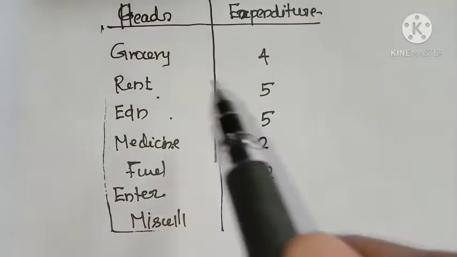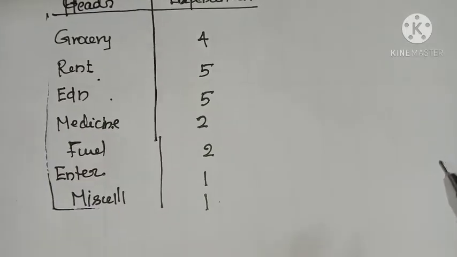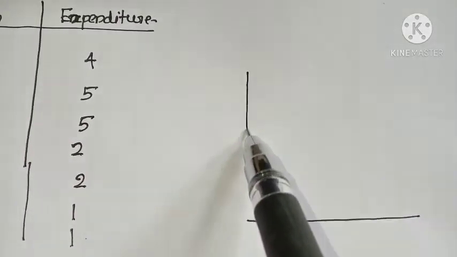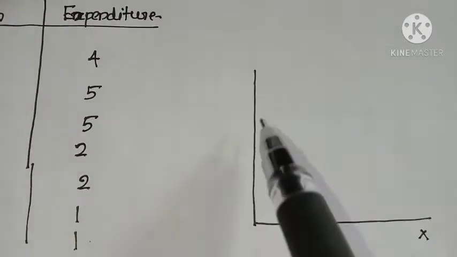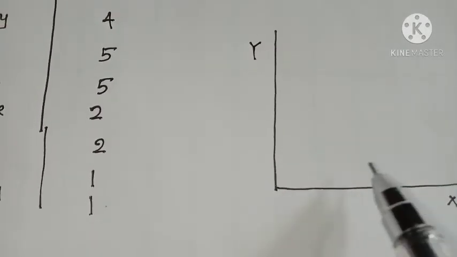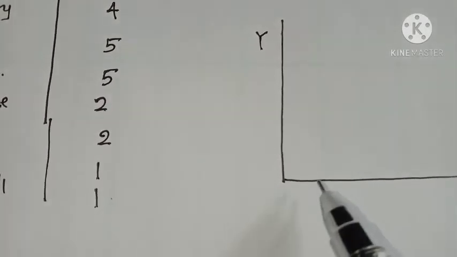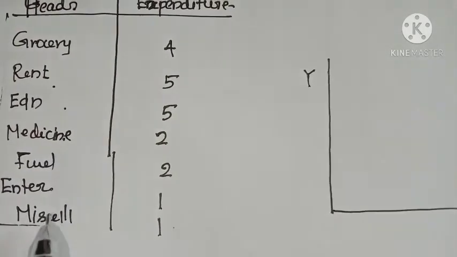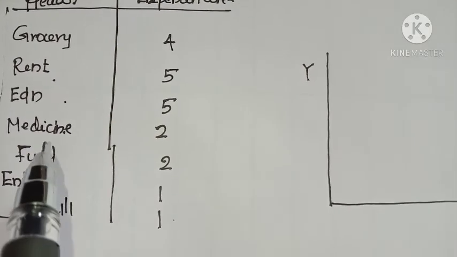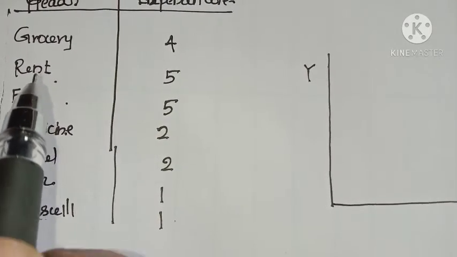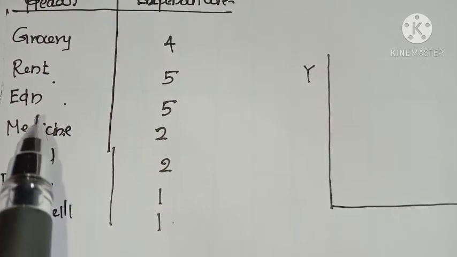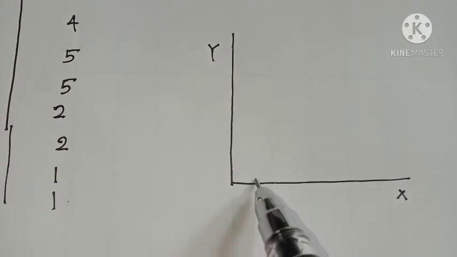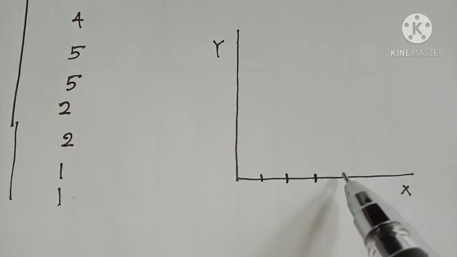Now we are going to express this data in the form of bar graph. Okay. So first we need to draw x-axis and y-axis. So this is x-axis and this is y-axis. See, in bar graph, along x-axis we have to mention the first column, that is heads. Okay, whatever data in terms of sentence or words, or objects or things are given, we have to mention these data along x-axis. So before that, using scale, take unit distance.